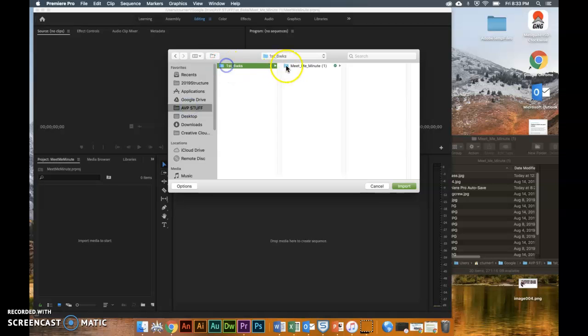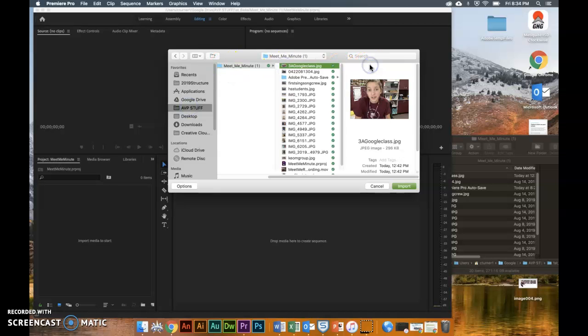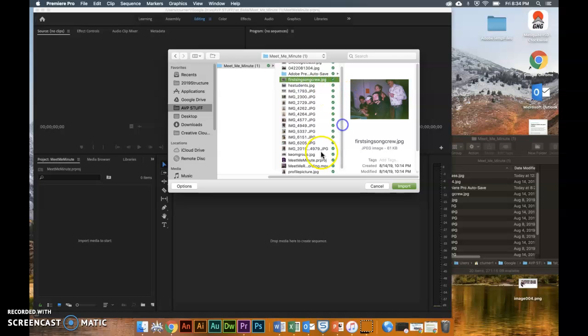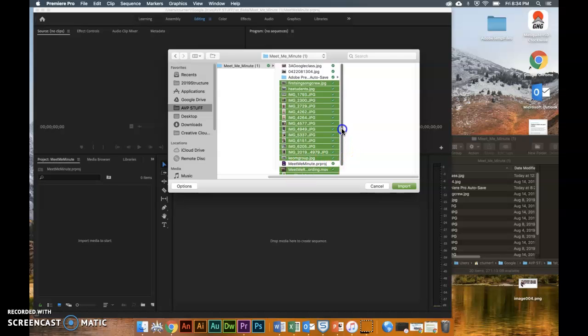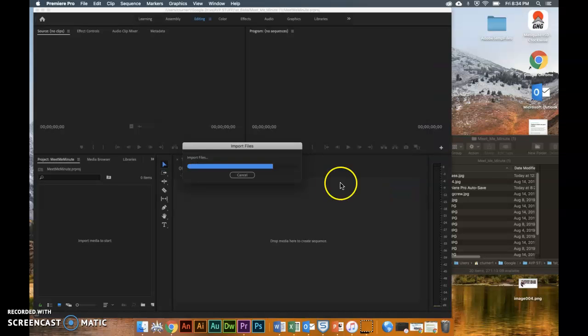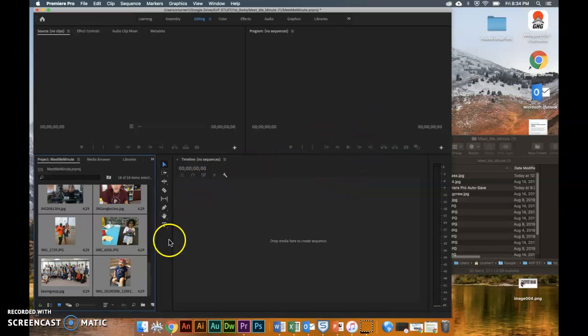AVP stuff for 6 weeks, MeetMeMinute. I'm going to grab all of these down here and hold down Command and grab these. You can see there's my movie, which I got from Photo Booth, and I exported, put on the desktop, dragged it to MeetMeMinute. Okay, so now I have all my stuff that I need to work with, and the first thing you want